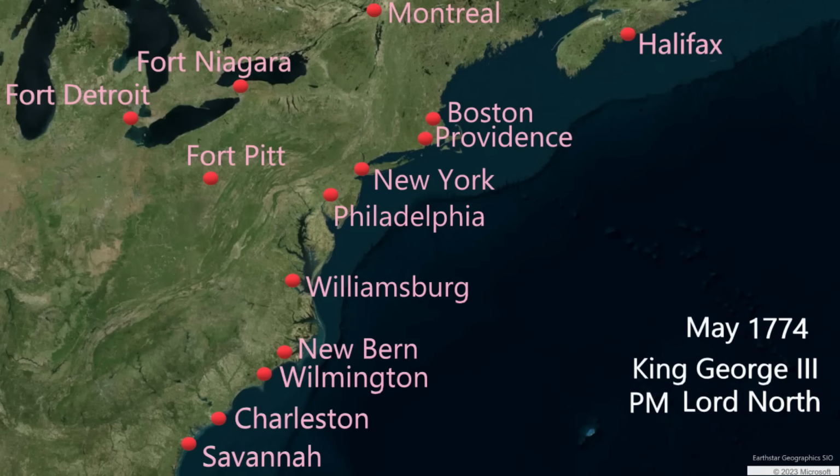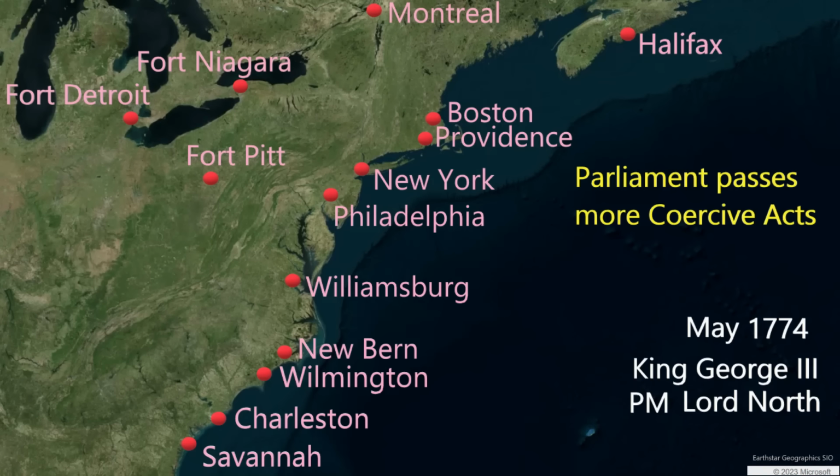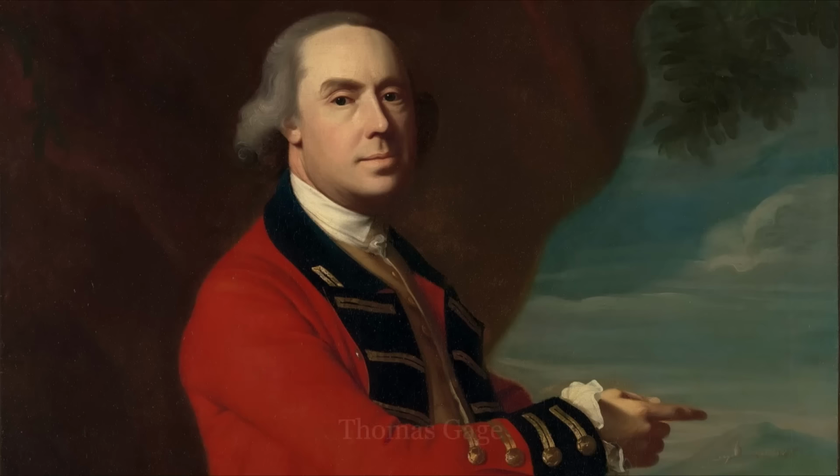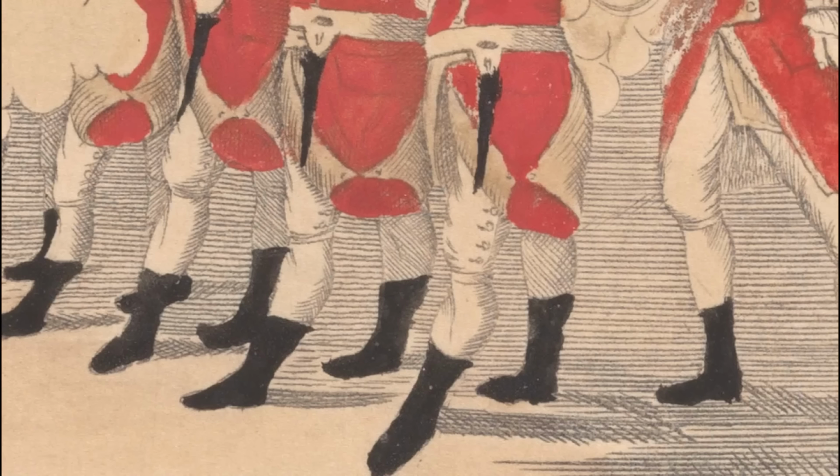May 1774. Parliament passes the Massachusetts Government Act and the Administration of Justice Act. These acts are punitive to Massachusetts. Massachusetts' charter is replaced, town meetings are restricted, and redcoats will be lodged in unoccupied buildings inside town, in accord with the new Quartering Act. The British general, Thomas Gage, is made governor of Massachusetts. Thomas Gage had served with George Washington during the French and Indian War, and they had both been at Braddock's defeat 19 years before. Thomas Gage will bring 4,000 redcoats to occupy Boston.